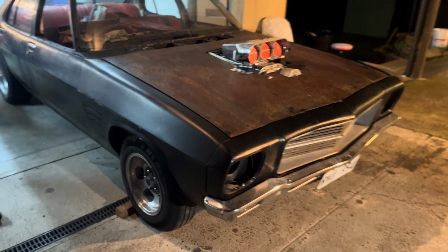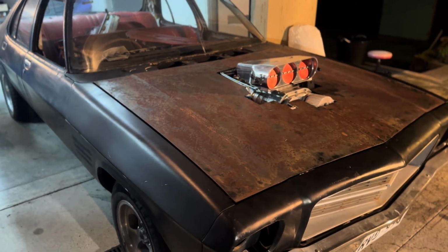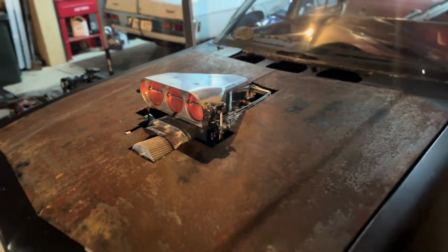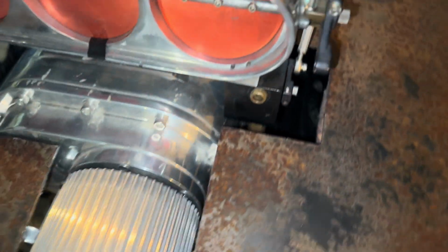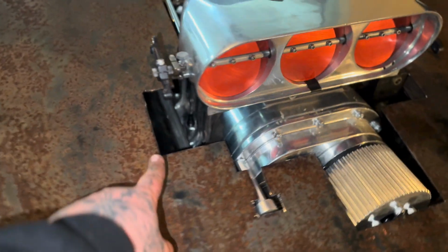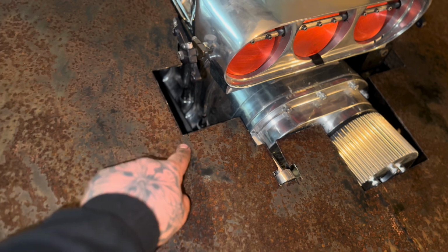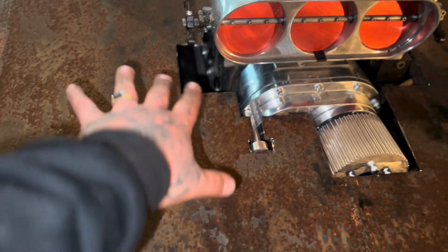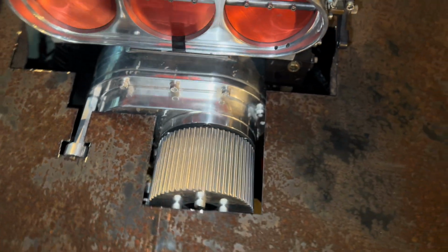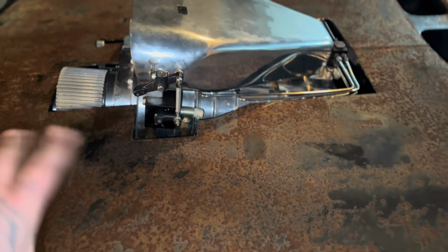All right, and I keep saying it, but that would put a horn on a jellyfish. Just wish you didn't have to go around the throttle linkages, or butterfly linkages, so that wasn't so crazy, but hey, it is what it is. Nice and tight, obviously a bit more clearance when the time comes to actually fitting it all up. Maybe the blower belt might hit in some places, but for the most part, that's pretty well